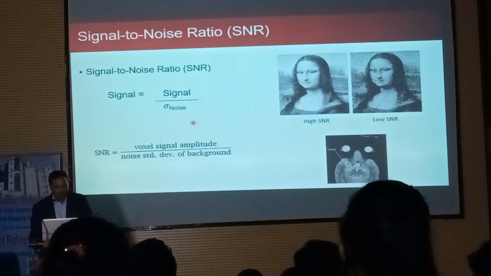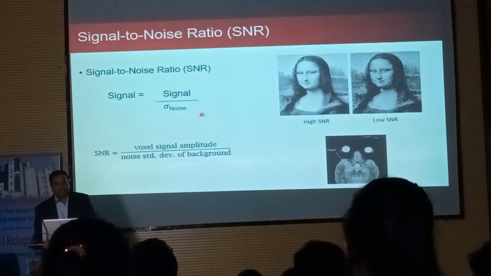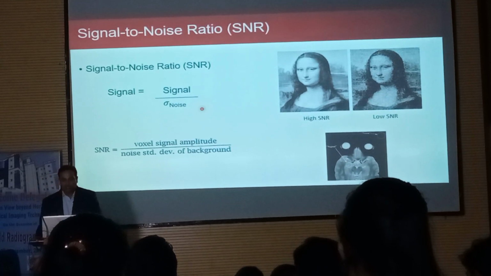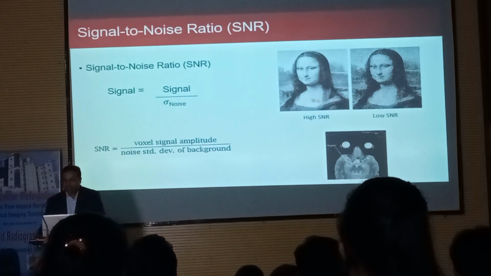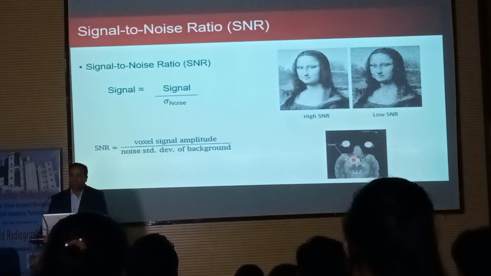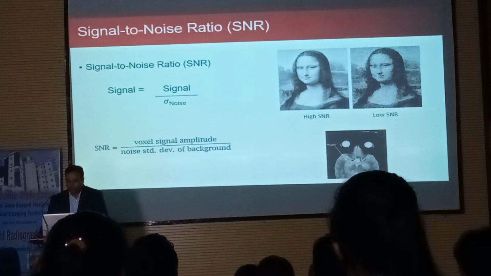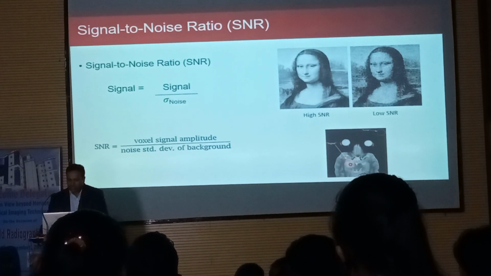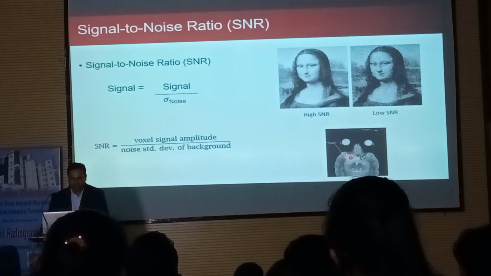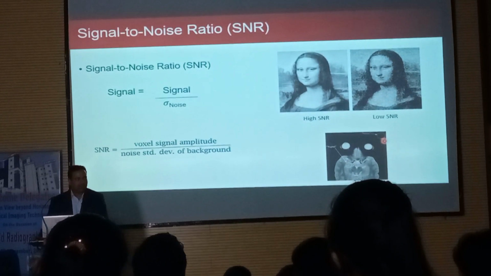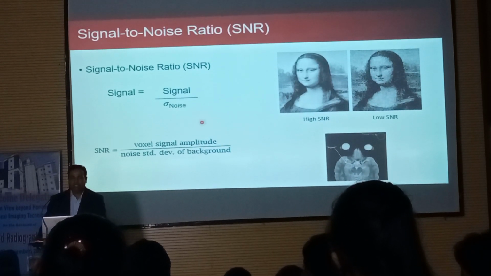Coming to the signal to noise ratio, what is signal to noise ratio? Basically, it is the ratio of voxel signal intensity divided by the standard deviation of the background noise. So here you can see on the left we have high SNR images, on the right we have low SNR images. In most papers they say what the SNR values of the images are. To calculate the SNR, you just put a voxel on the image wherever you want to calculate the signal value, but never calculate the noise somewhere here. Always put the noise voxel outside of the image and take the standard deviation of the background. That will give you the signal to noise ratio.